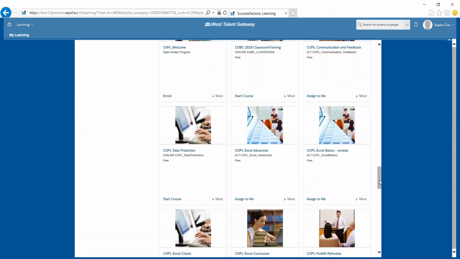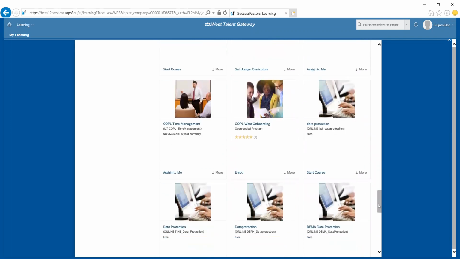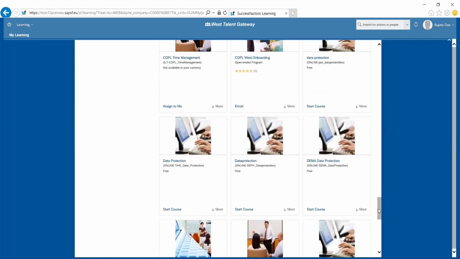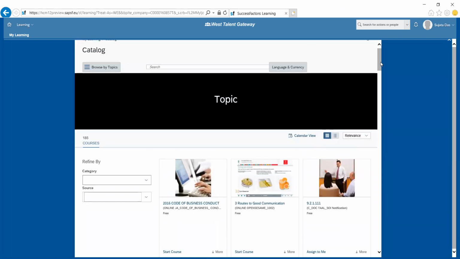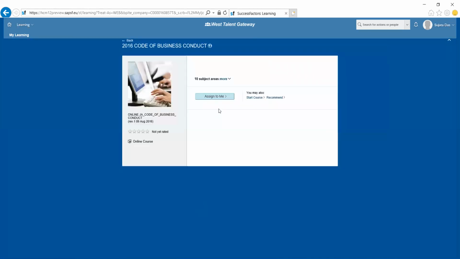So what we can do as an assignment, you can attach. I think I have shared that assignment, or not, I have to check. There is a thing called backend configuration, you know, right? I have already shown you. In the front end, you have to attach that item into a catalog, or you can assign directly into the catalog, and users would be able to access that catalog. Then from that catalog, you go to that particular course and say assign to me. Okay, so it is showing directly start course here, which means this course doesn't require any approval.